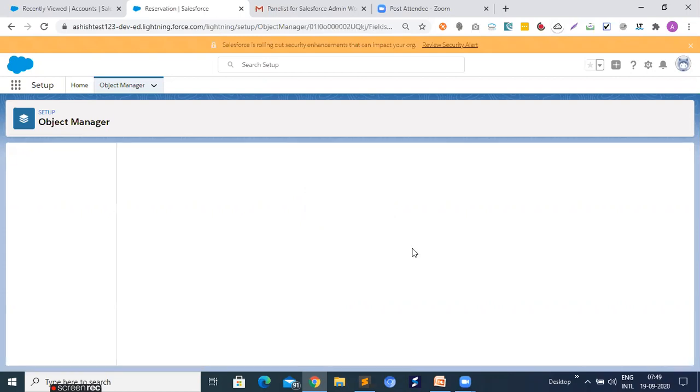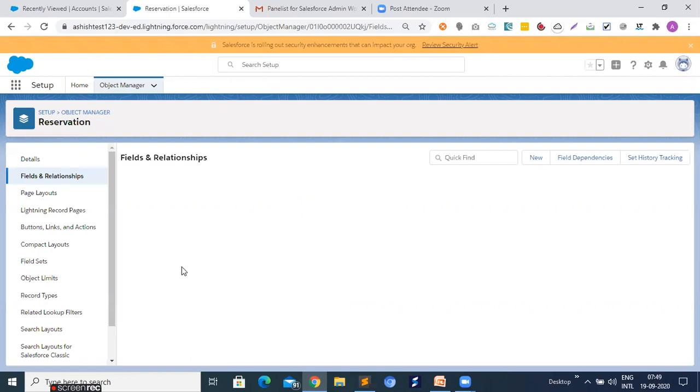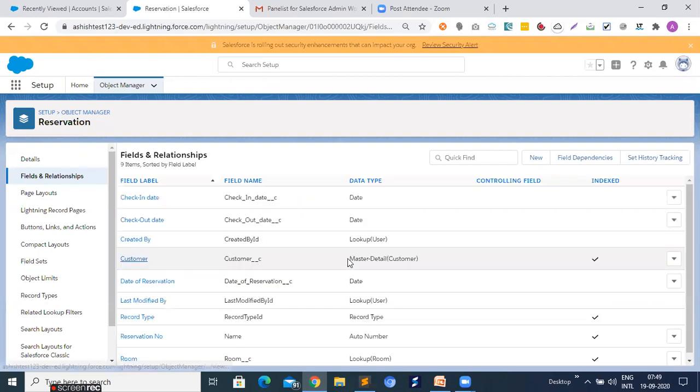Now you can see this lookup is now converted into master detail.